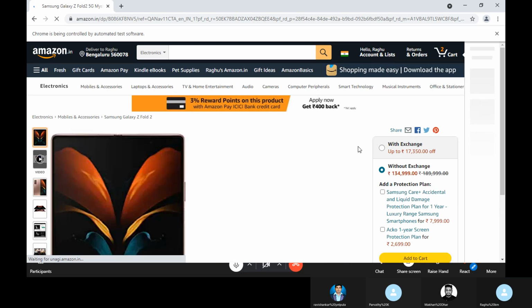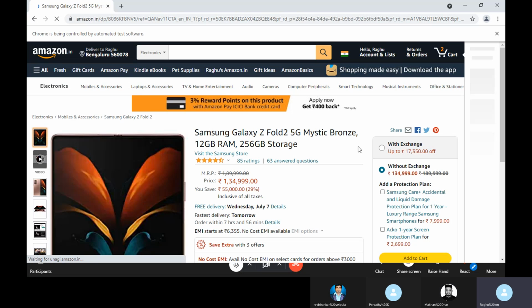On the right side, the title and text of the phone name, that is a text. You can use getText. I am copying the text and printing it in my console. Now it's done, I think, almost.